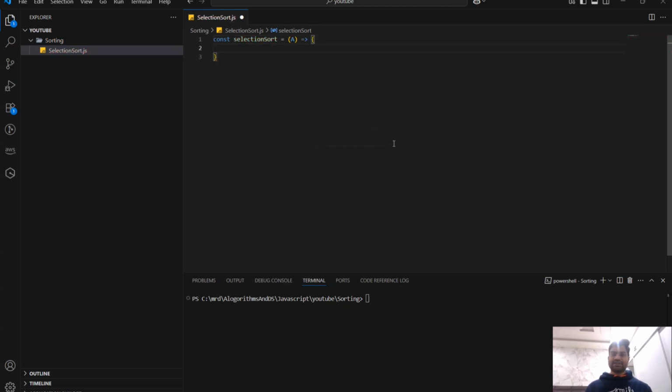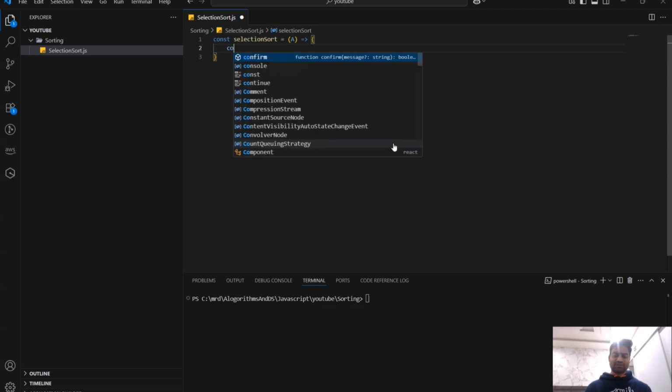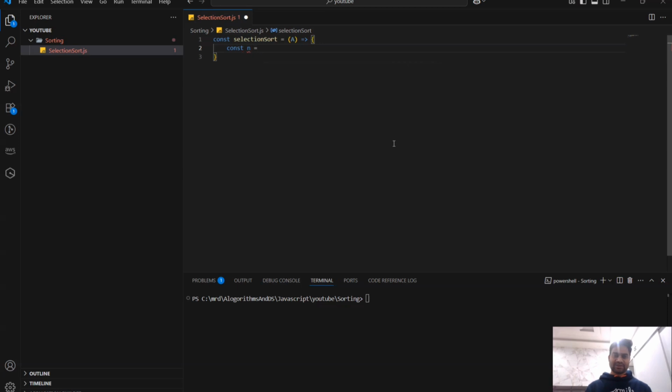Now, as we saw in the pseudocode, it takes two loops. So before that, let us compute the length of the array. N gives the length of the array. Then let us start with the first part, that is the different passes, which is going to be n minus 1 passes. So for that, I will take an array, let i equal to 0, i less than n minus 1, i plus